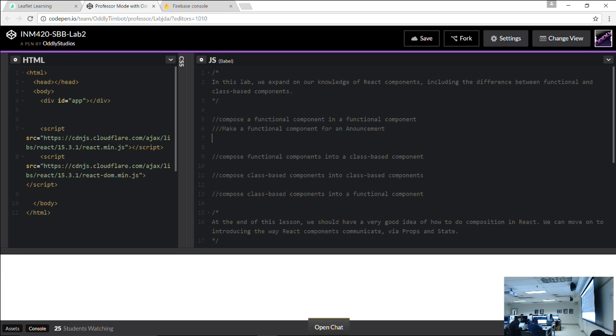So the first thing I'm going to do is, now that I've got Babel turned on, I'm safe to use the const, like this. Then I'm going to give my component a name. I'll call it announcement. And then watch the syntax, guys. It's a little different from the older JavaScript. I'm going to say equals